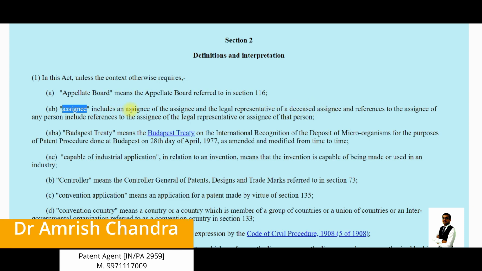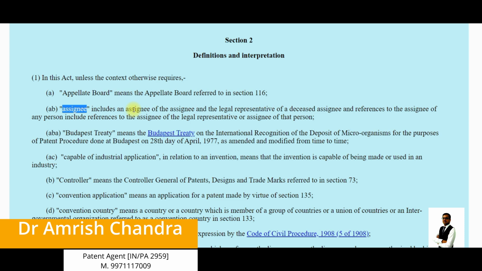So it basically means assignee is the person to whom you are giving your rights. So it includes an assignee of an assignee. If you have given your rights to someone and he has further given his rights to someone, assignee will include the assignee of the assignee, and it will also include the legal representative of a deceased assignee. So if there is someone who is deceased, not alive right now, a legal representative